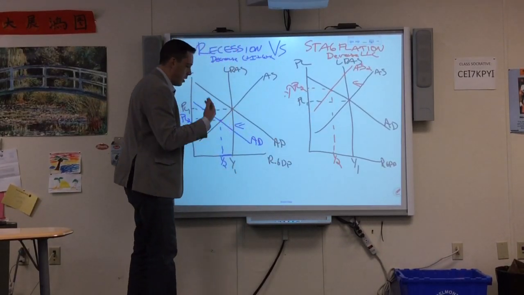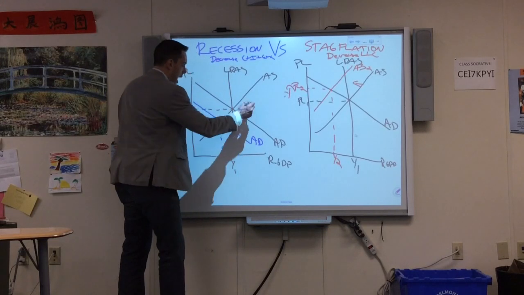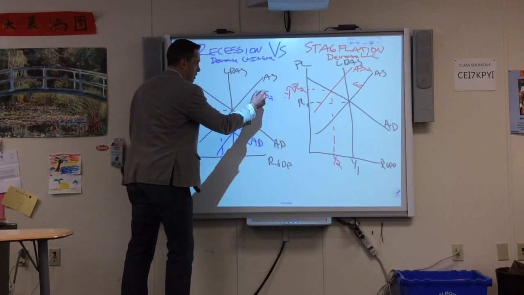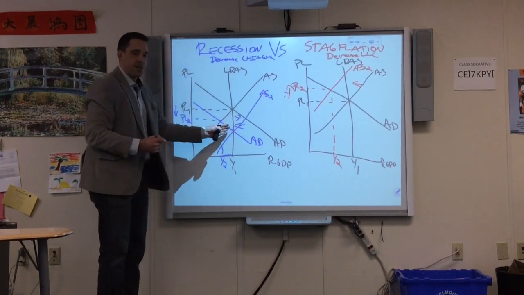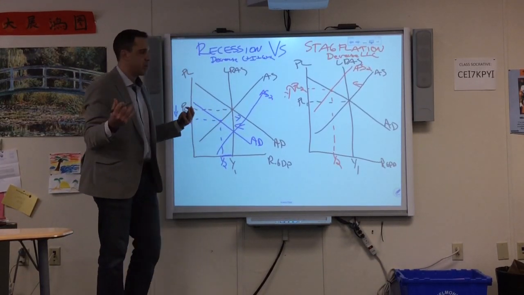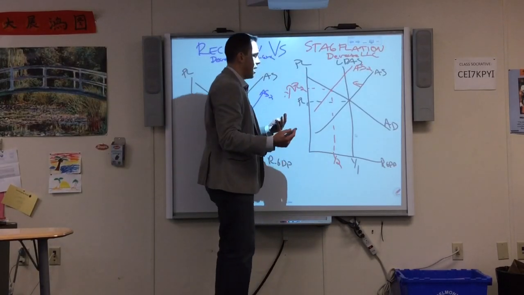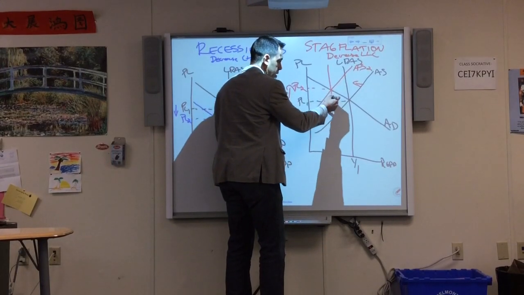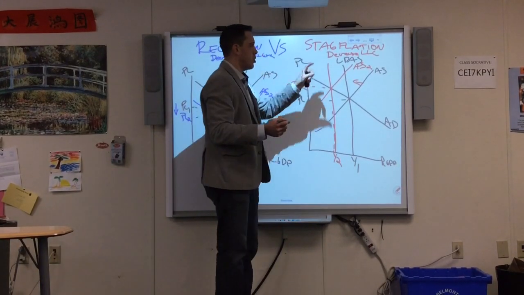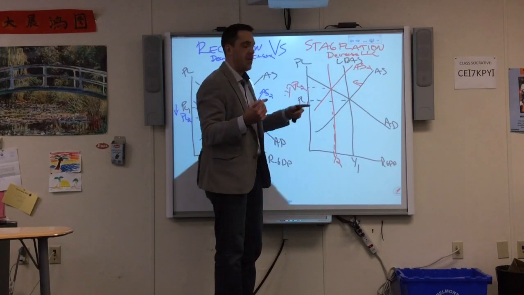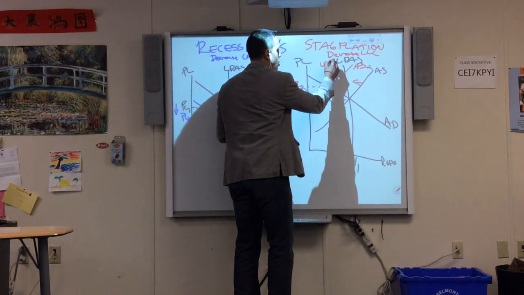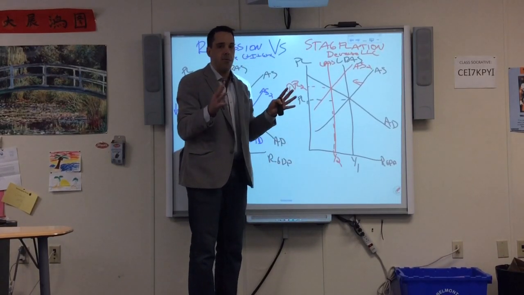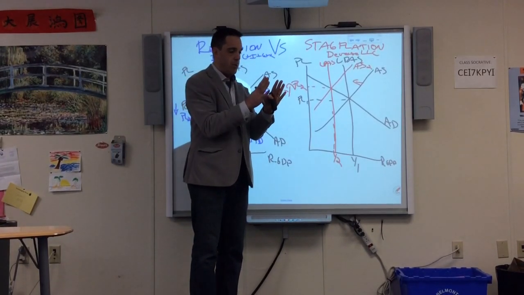And in the long run, as we'll see in a later video, aggregate supply is going to counter-shift here, and we're going to go back to equilibrium. In a recession, they fix themselves. But in stagflation, if there is no change, no intervention, eventually, because this is a short-run decrease in land, labor, and capital, if that's not fixed, that will become a long-run decrease in land, labor, and capital. And the real output of the economy, the real GDP, will narrow, will shrink.